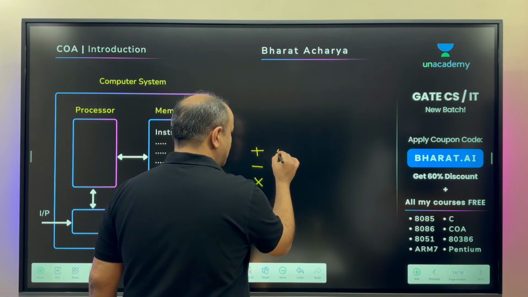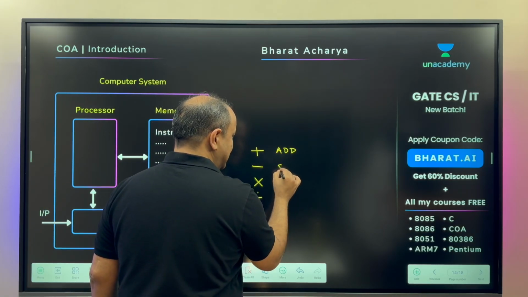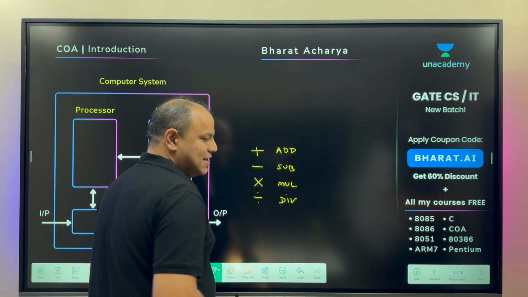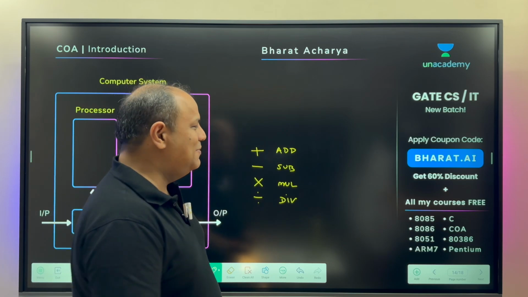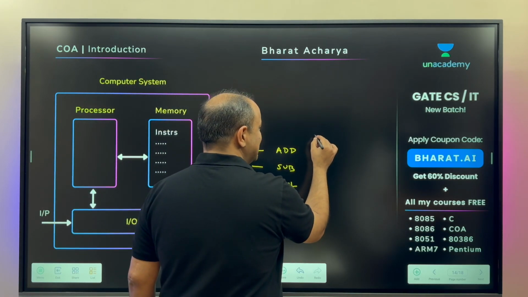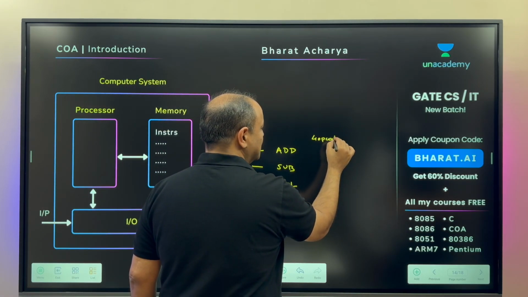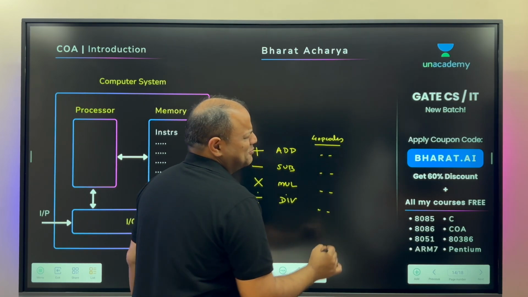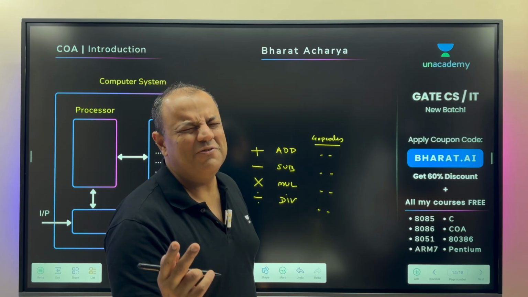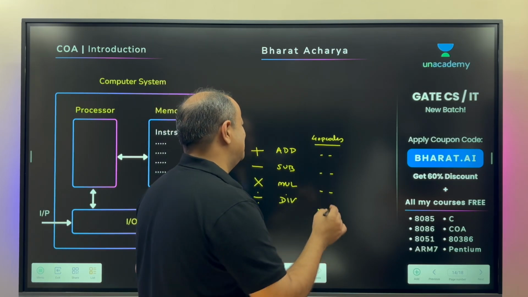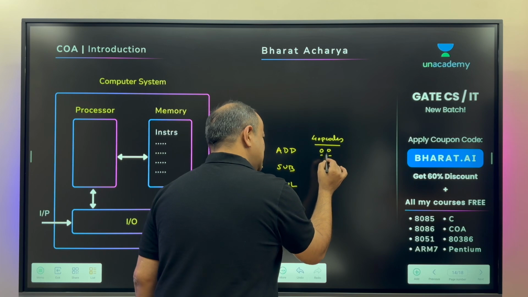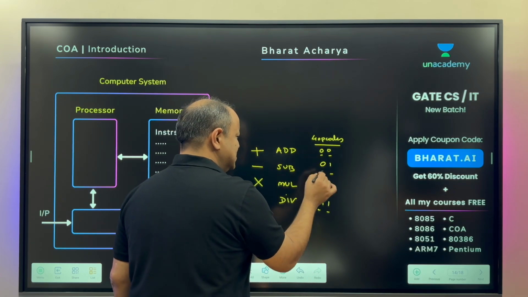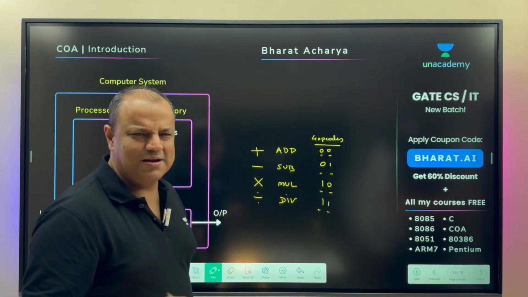So there's a processor that does only 4 operations, a basic processor. Since it does only 4 operations, it has only 4 instructions: add, subtract, multiply, divide. And since it has only 4 instructions, there will be only 4 opcodes. Since there will be only 4 opcodes, opcodes will just be 2 bits. Please tell me 2 bits are enough to give 4 options. Yes or no? 2 bits will give you 4 options: 0 0, 0 1, 1 0, 1 1. 0 0 means add, then subtract, multiply and divide. Did you understand?